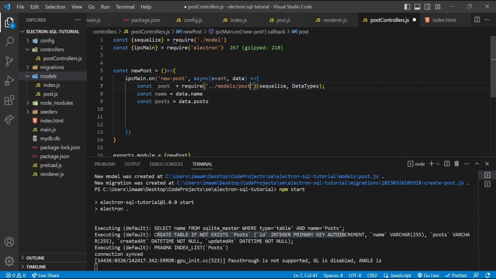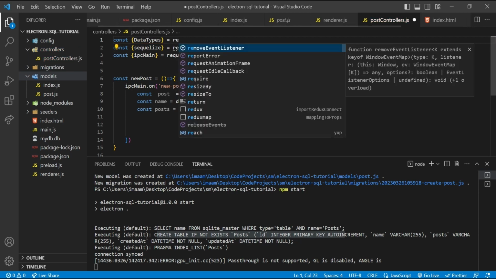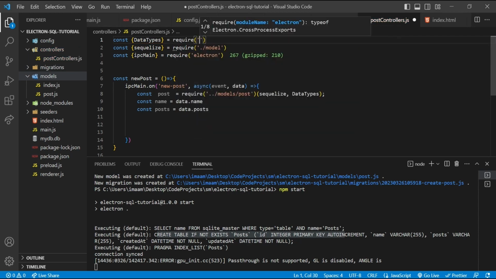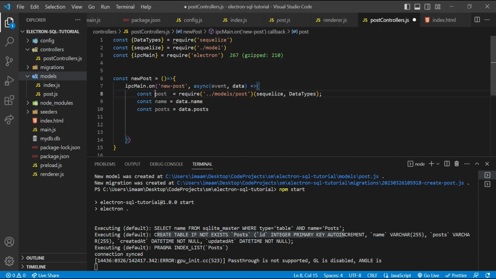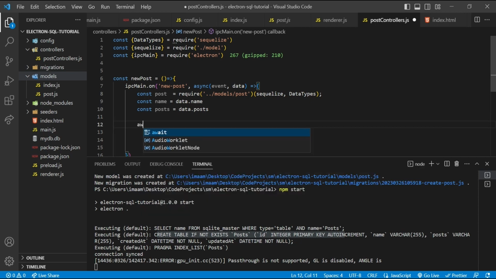And since we have a data type over here, we need to require data types from sequelize. So just say DataTypes and then require sequelize. So if you have any idea why this is the case, just let me know. So now that we have our name and our posts, we can just insert it into